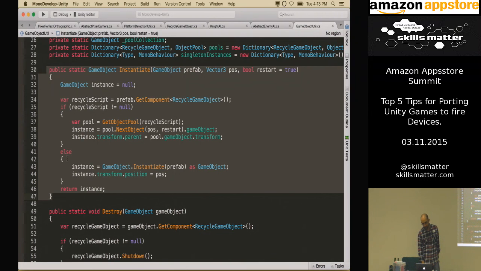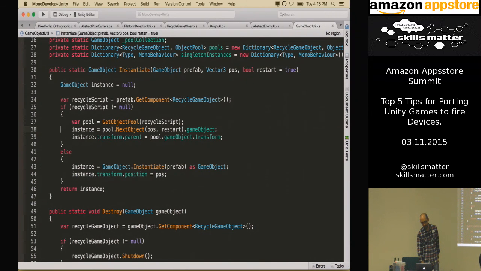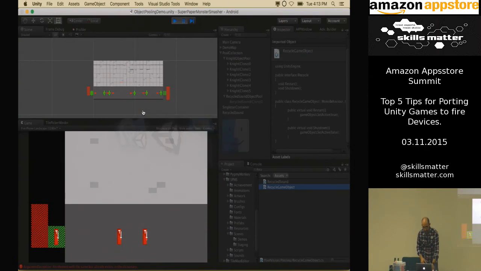And then all I do here is I take the prefab that gets passed in, I get the component. If it has a recycle game object, awesome, I go through my logic and I create a pool. If it doesn't have that script, I ignore it. And I do this all the time, stuff like when you want to have persistent game objects from scene to scene, I literally have one script that's just persistent game object, and it just sets that one flag on it to be persistent. And this way, over time, you wind up building a library that looks something more like this,